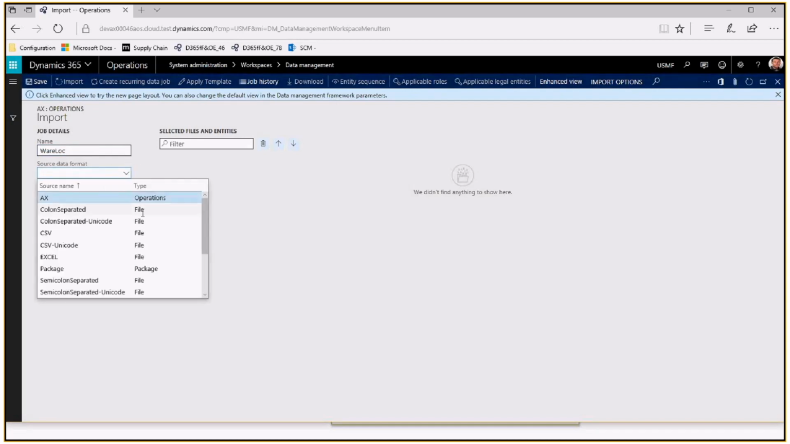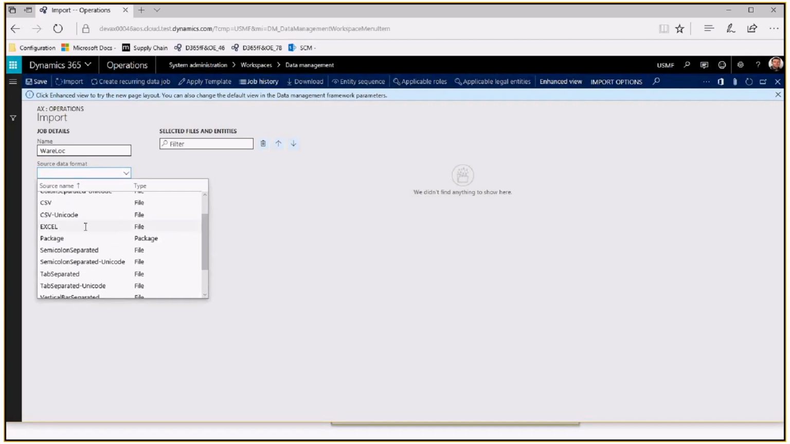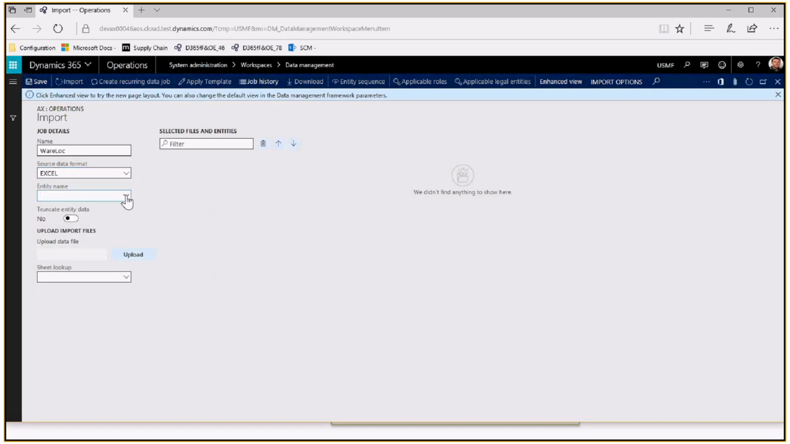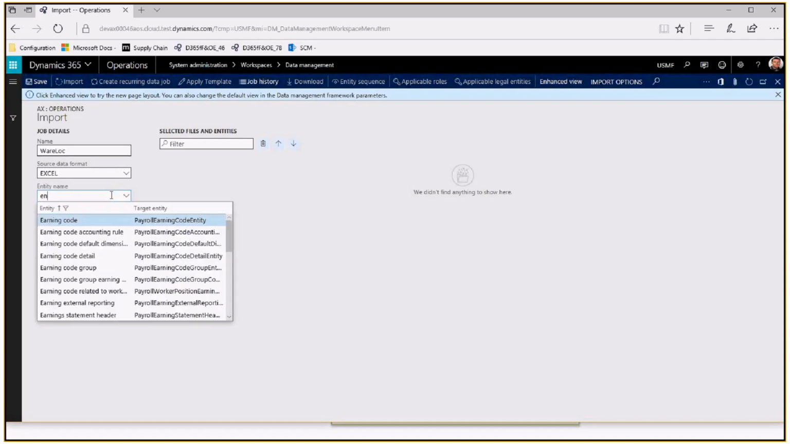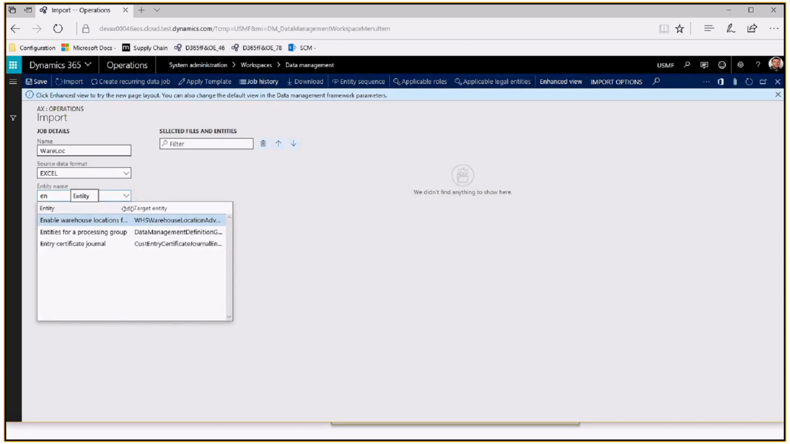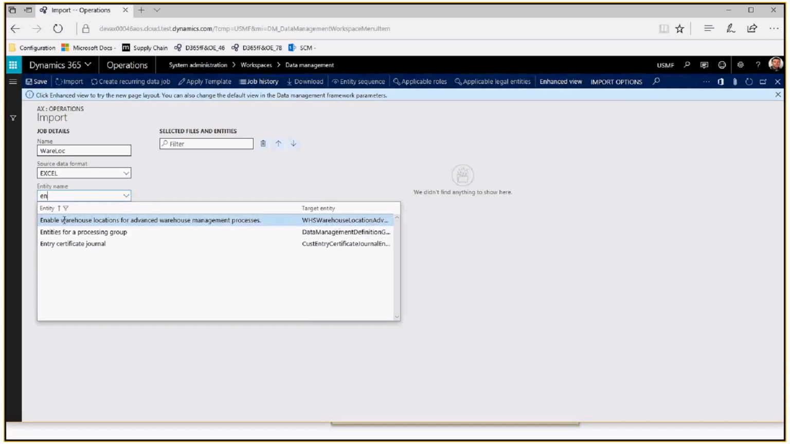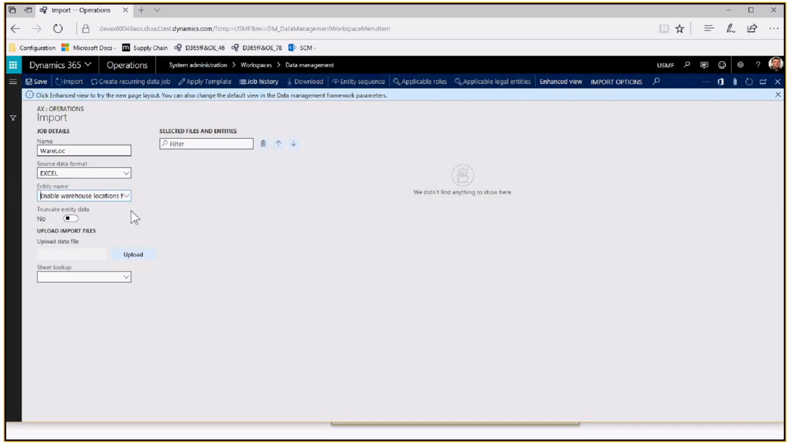And I can choose one of the different formats I would like to import here. For the simple thing, I'll just choose Excel as well in this one. And then I need to select what entity I would like to use to import against, right? So I'll import against this enable warehouse location for this new warehouse management process. And then I can select and upload this Excel file and then import this Excel file, and we'll update the